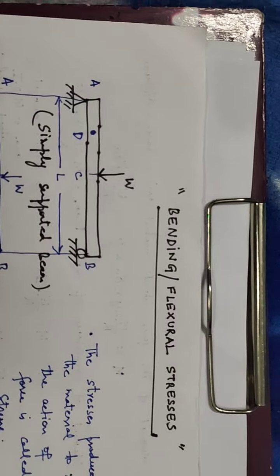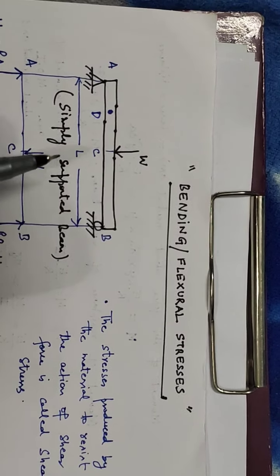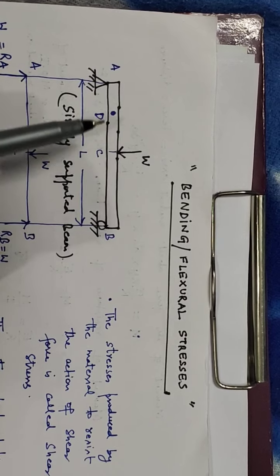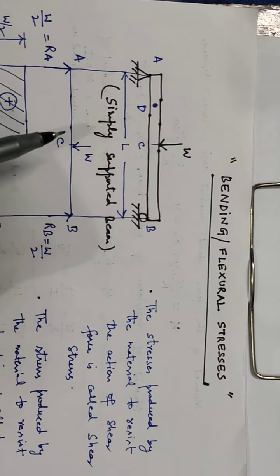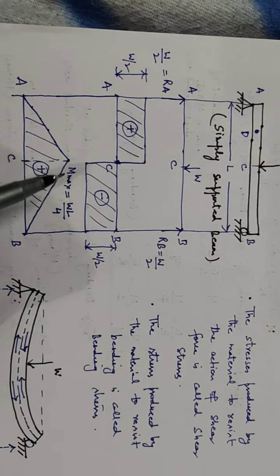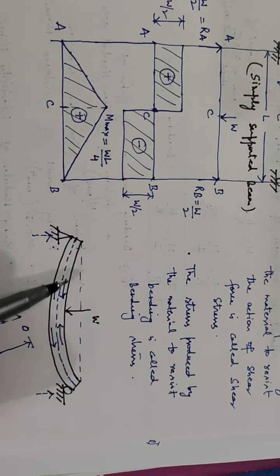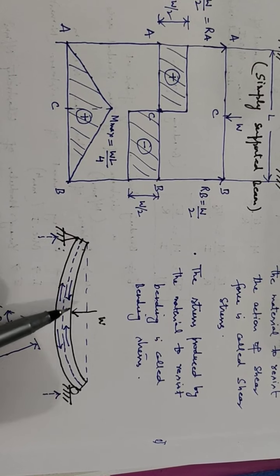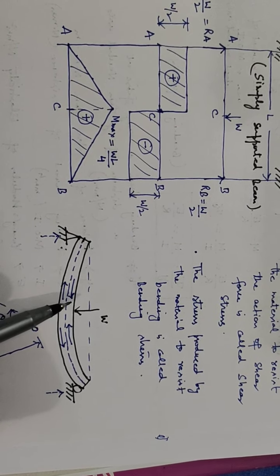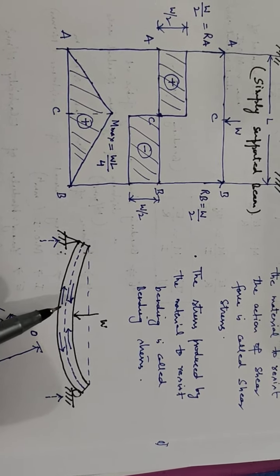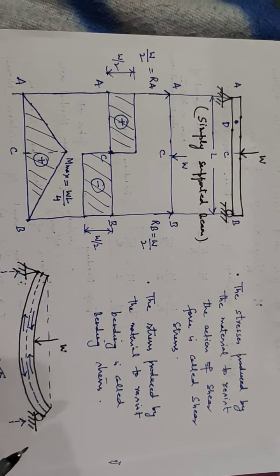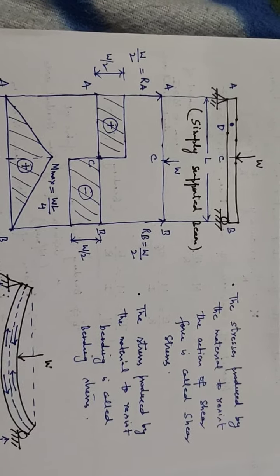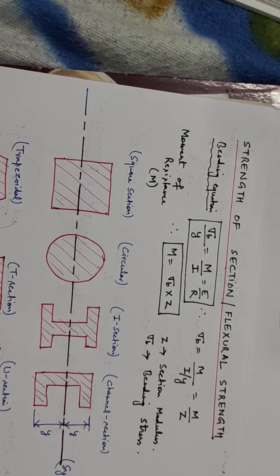Now in the last class we discussed that if there is a simply supported beam like this subjected to certain load, there will be bending in the beam, and we will draw the bending moment diagram. Due to bending in the beam, the fibers above the neutral axis are in compressive stress, and the lower fibers will be in tensile stress. Clear? Now we will try to find the section of the beam that will have the maximum